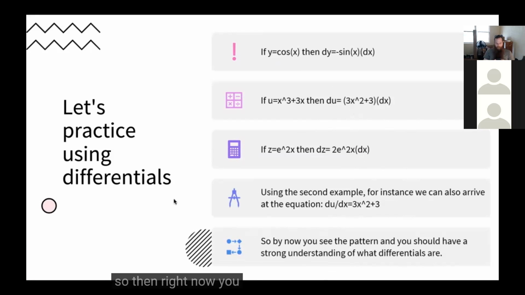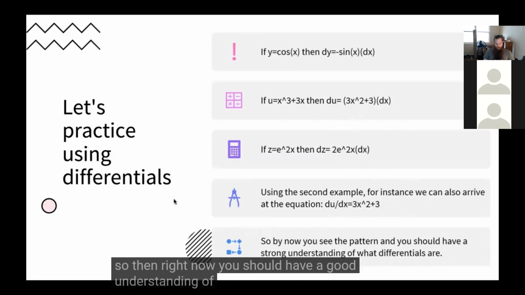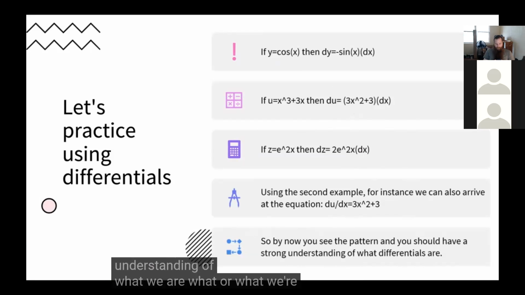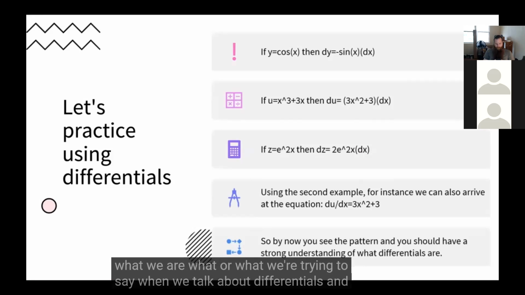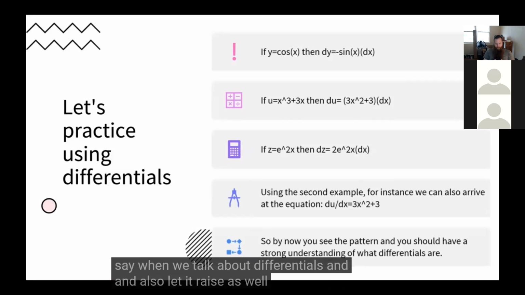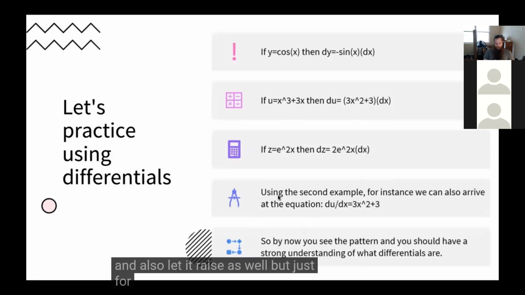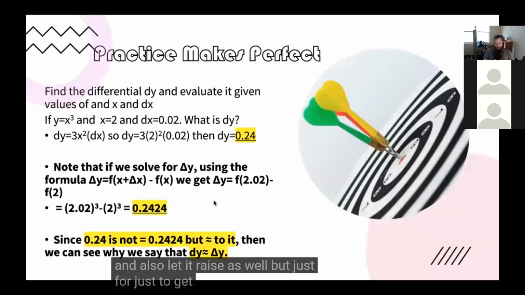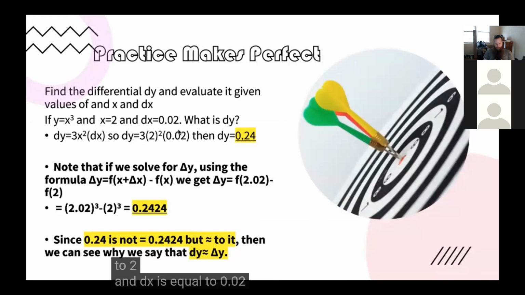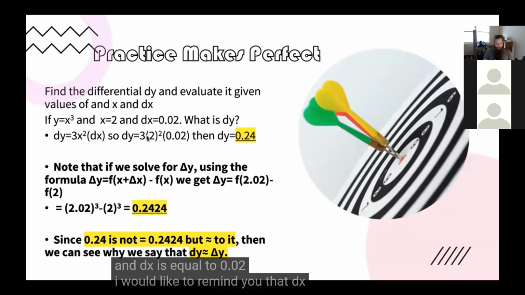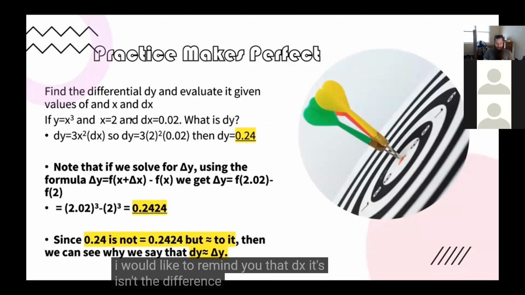Very good. So now you should have a good understanding of what we're trying to say when we talk about differentials and also related rates as well. But just to get extra practice in, say I were to ask you, what is the differential dy if I give you a function y is equal to x cubed, and I let you know that x is equal to 2 and dx is equal to 0.02. I would like to remind you that dx is indeed the difference between the 2 points